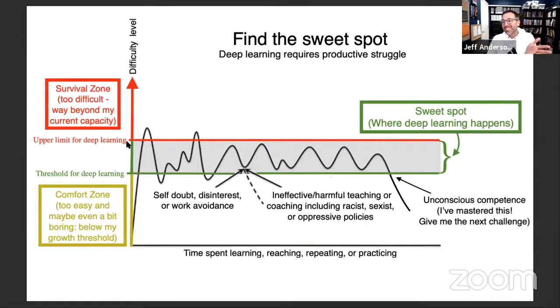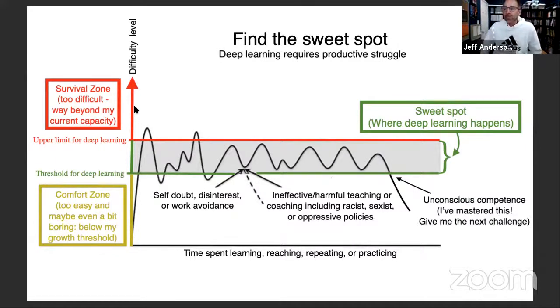Now, if you were to ask me honestly, I probably could put up 160 to 180 right now. But if I did that, I might actually tear something because it's been so long since I've done that, right? So my upper limit for deep learning would be right around 150 right now. And if I go higher than that, it's too much because I just can't handle it. So in terms of physical learning, that would be those lines for me at this moment, right?